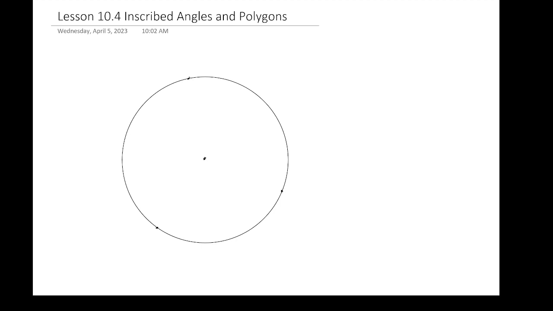What we were doing before is we would create, and you don't need to copy this part down because I'm going to erase it right away, but we connected the radii, right? So we took two radii, a point on the circle to the center. This is what we call the central angle. This is in your notes from the other day. But we're not going to create that central angle anymore. Instead, we have these points A, B, C,